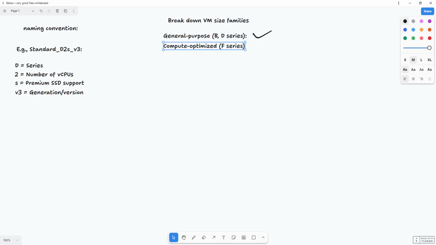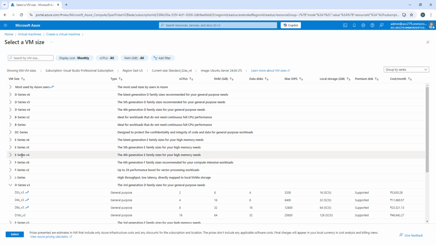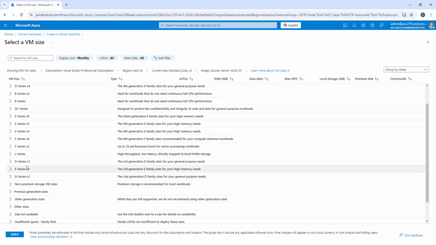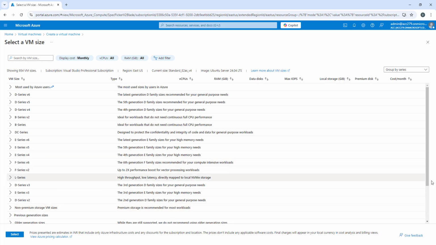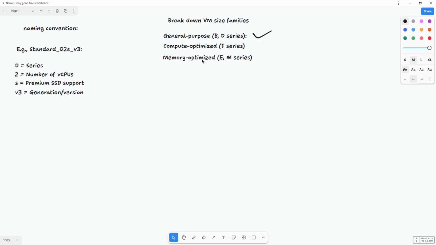Now you will find E and M series. If I go back, you will find E series. Sorry, that was E series. There will be a series called M series. I'm not able to see it right now, but there is a series called E and M series that is called memory optimize. So what is memory optimize? Memory optimize is great for memory intensive work like database or analytics or applications that are memory hungry. One of them is SAP. So those workloads can easily be deployed on E or M series